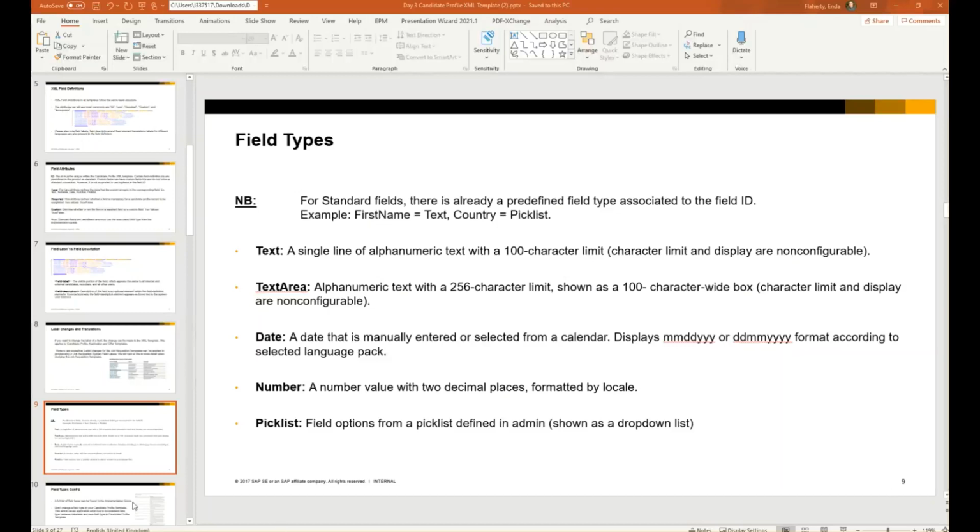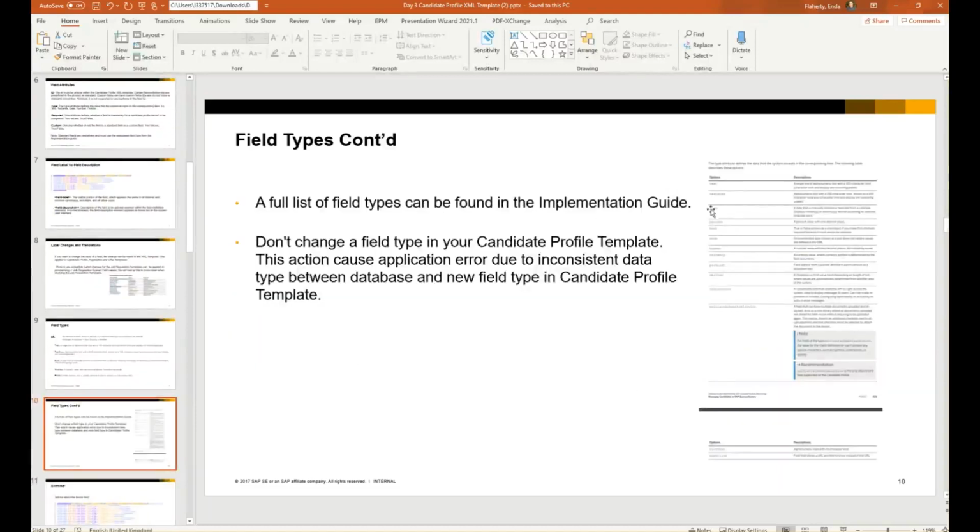On the next slide, we'll see a more complete list of the field types. Some other field types we'll see on this list may be percent or Boolean, and this full list is available in the implementation guide. There is also a note here saying that you don't change a field type in your candidate profile. For example, if you had a custom field and it is type date, you should not change this field type to any other field type such as number or text. If you're changing a field type like that, it is going to cause an application error or may cause inconsistent data in the database. The recommendation here is that you would create a new custom field